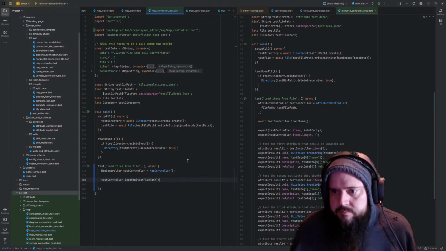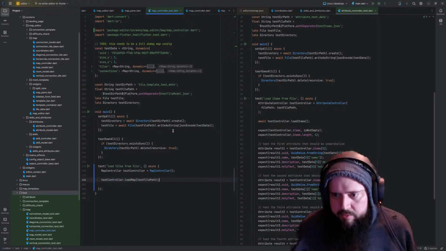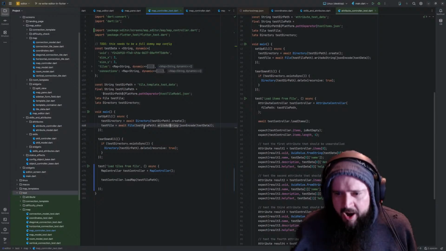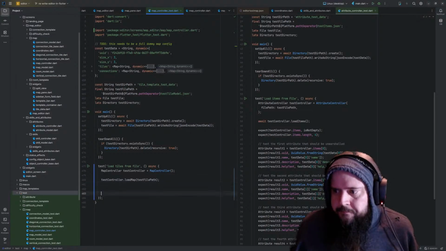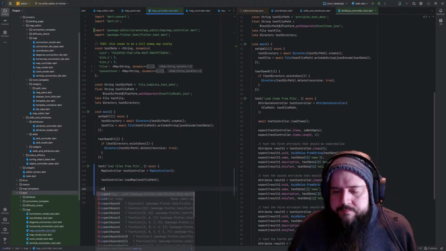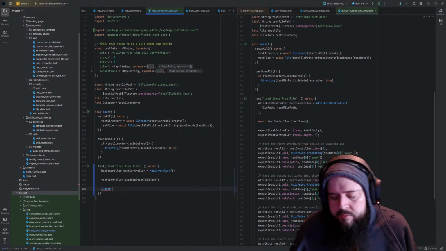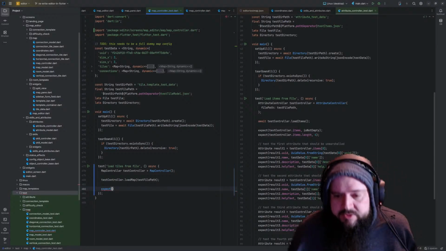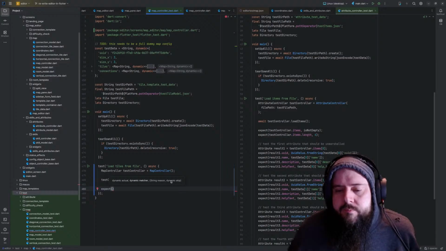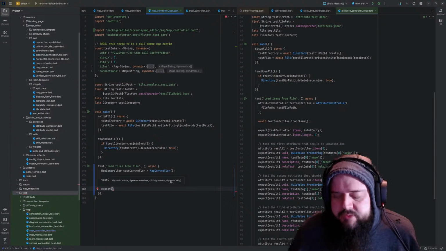Yes. Because we write a string test file path. Okay. Now, first and foremost, we expect, because we do